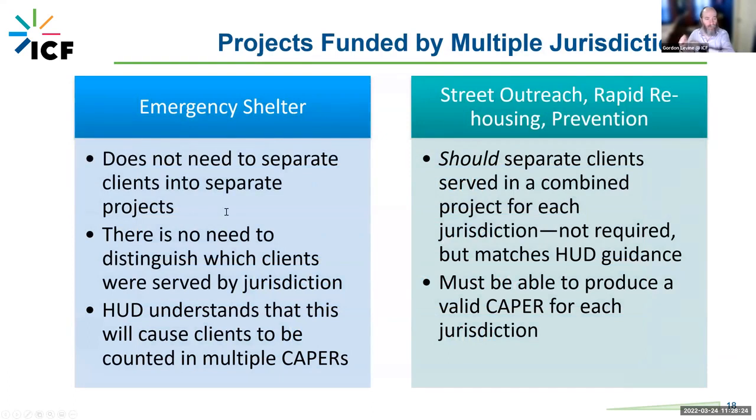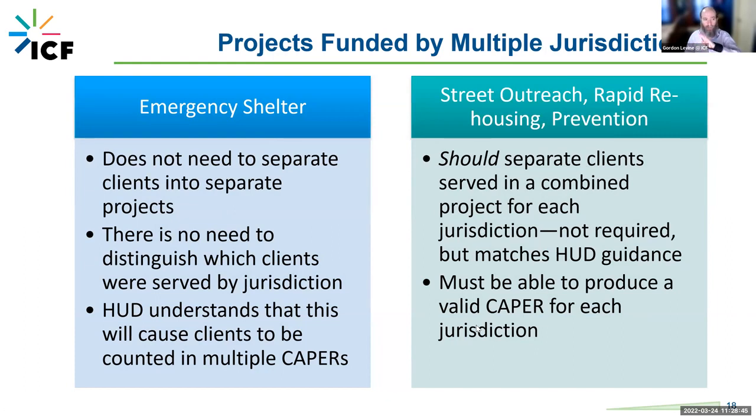When we're talking about projects funded by multiple ESG jurisdictions, it gets a little sticky. Each project component handles it a little bit differently in terms of whether you have to set up 1 project, 2 projects, or whether you can do both. Shelter does not need to separate clients into separate projects.